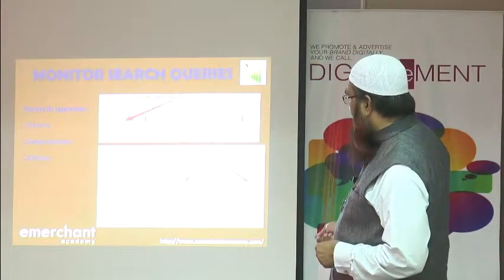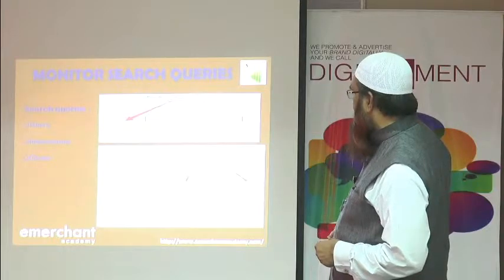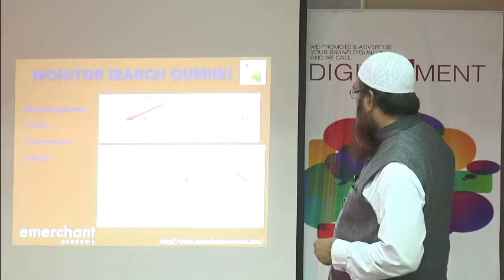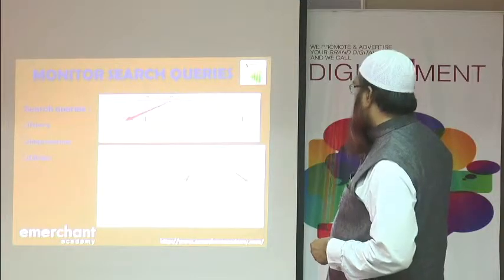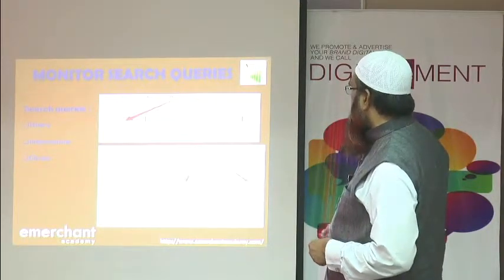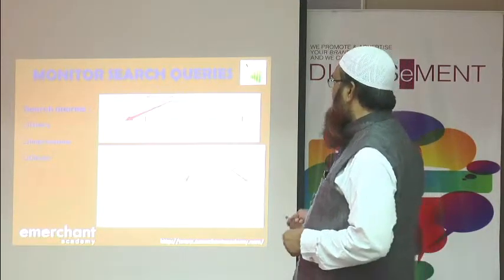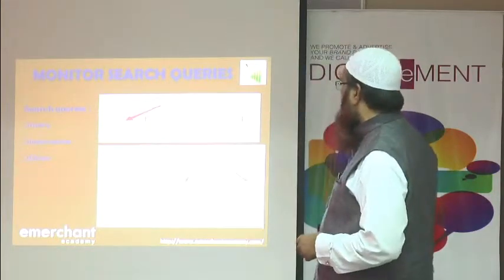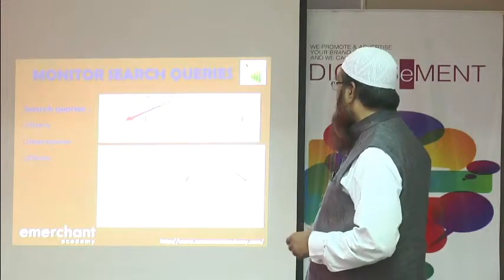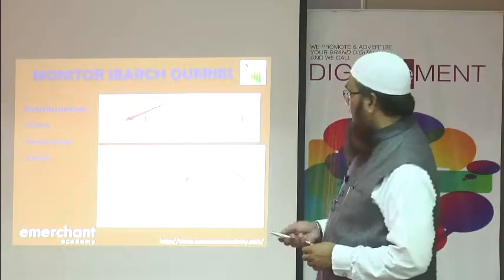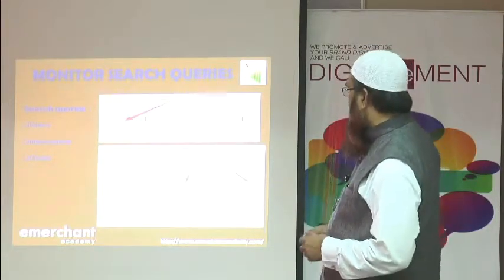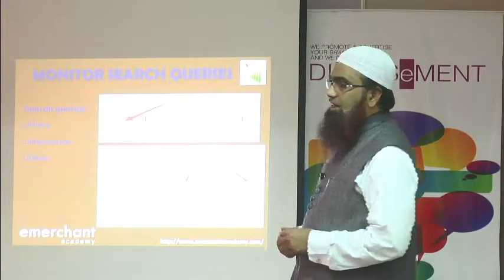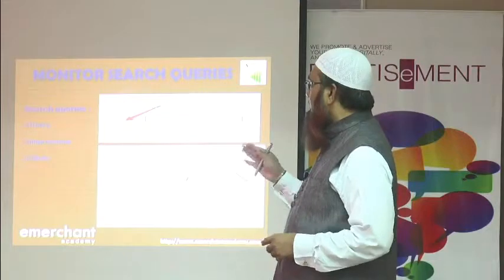Similarly, in the second part of it, you can see various keywords, how many times the impression was there, the click was there, how the CTR was, and everything else you are going to get in the Google Webmaster Tool. So it's not only the HTML health of your site, but it is also going to tell you the keywords, the impressions, the clicks, the CTR, click-through rate, and the average positions and changes that have happened on the website. Everything you are going to get.